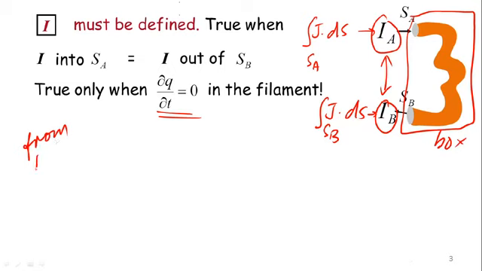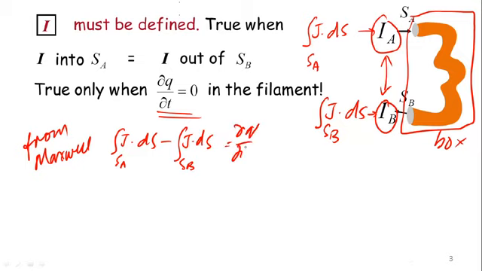From Maxwell's equation, we know that the integral over SA of J dot dS for the current going in, minus the integral over SB of J dot dS, equals dq/dt. What I've simply written here is one of Maxwell's equations, which says that the total amount of current going into some closed surface is related to the rate of change of charge